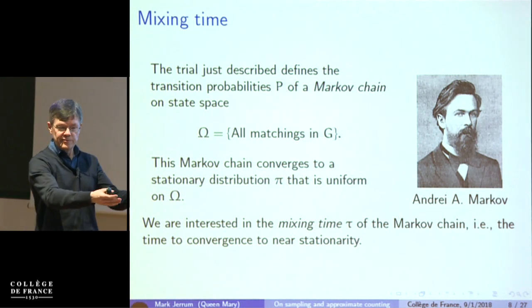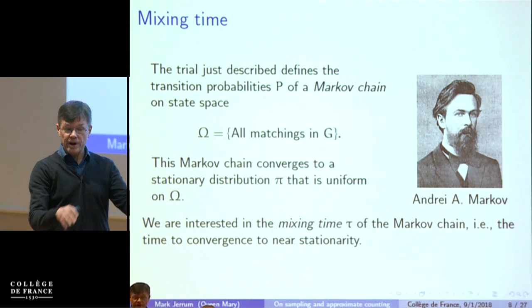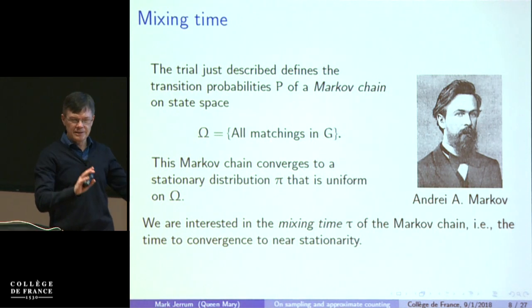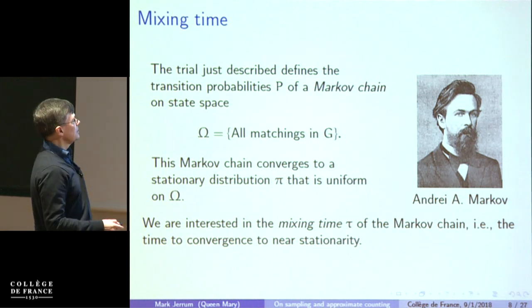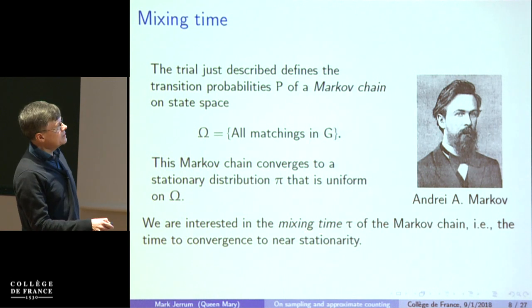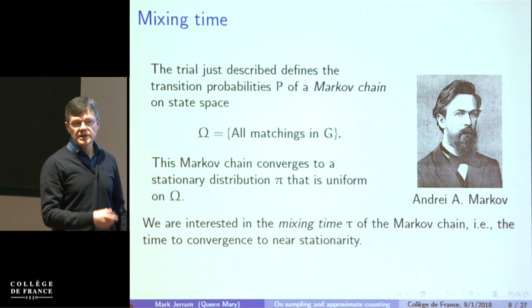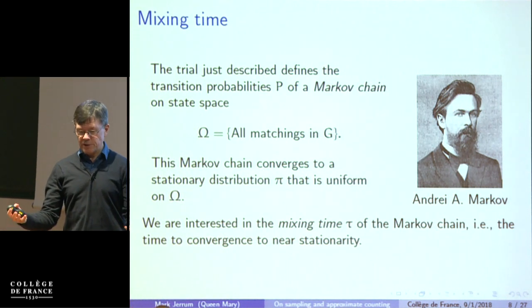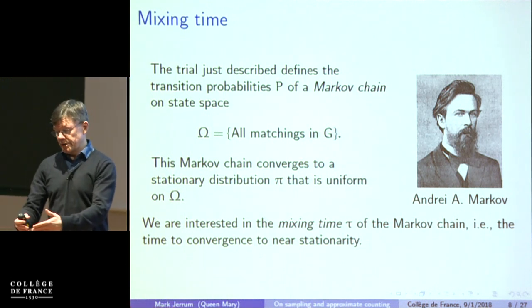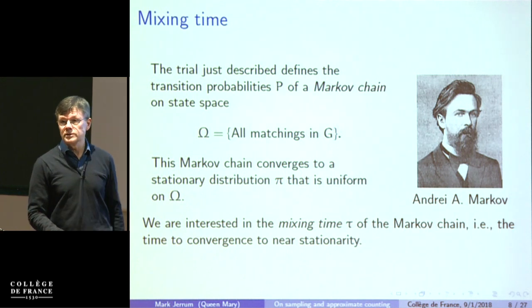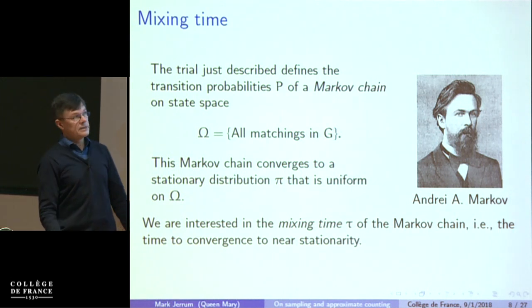I make it more favorable that I add an edge than I subtract it. So the more complicated distribution with the weights in is something I can easily achieve as well. And we're interested in the mixing time: how long does it take to converge to this state that we're interested in? That's the idea. We start anywhere, we run the Markov chain, and it converges to equilibrium. If we're sufficiently close to equilibrium, we stop the chain, and where we are now is the sample that we want, close to the desired distribution.